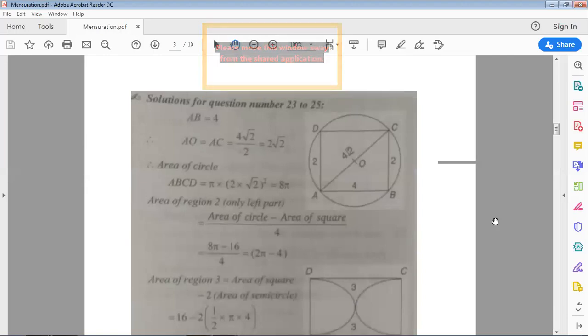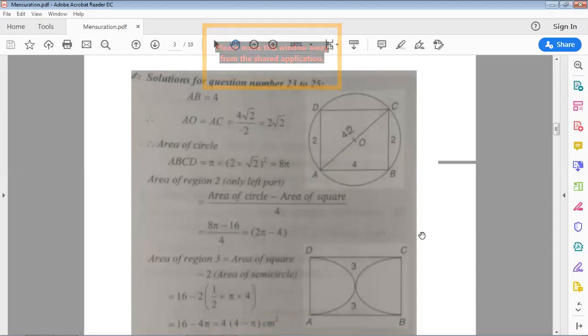And you all know the formula of the diagonal of a square. If someone knows, you can write it in the chat box. I want to see if you guys know what the diagonal of a square is. A root 2, yeah, it's a root 2. So with this process, you can calculate the radius of the circle. This was just the starting of the question.